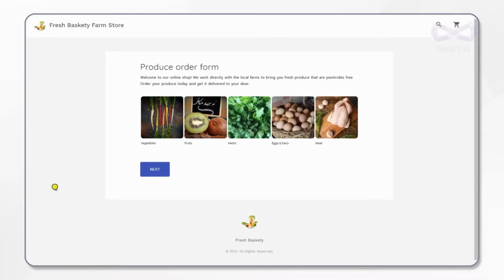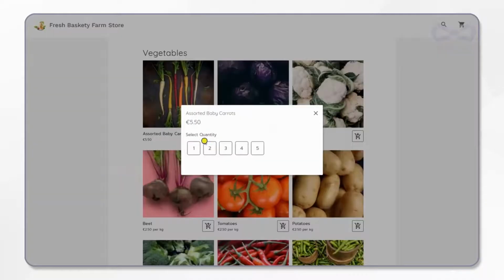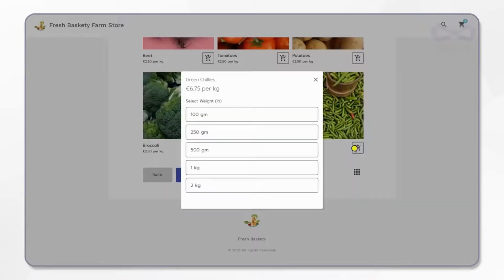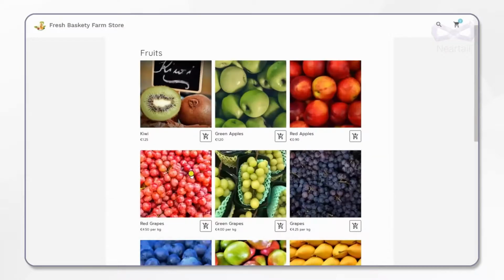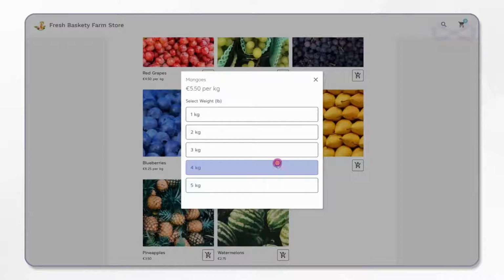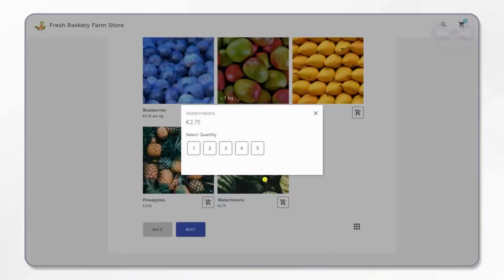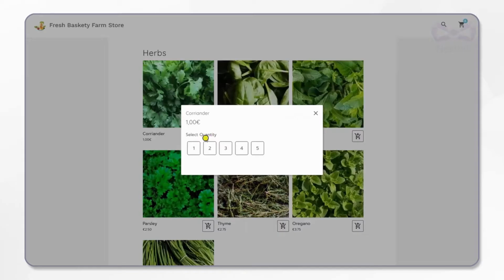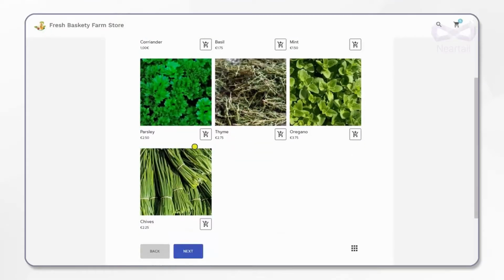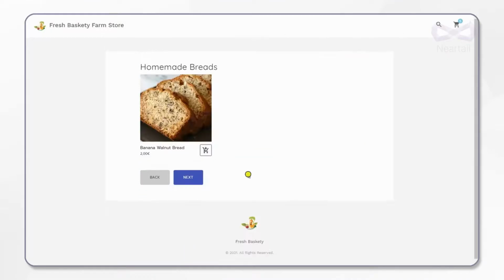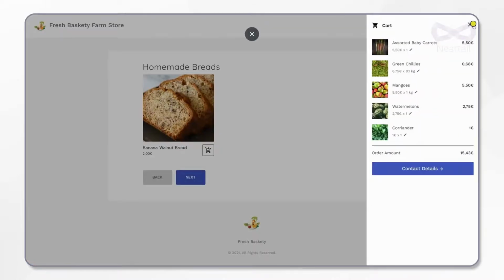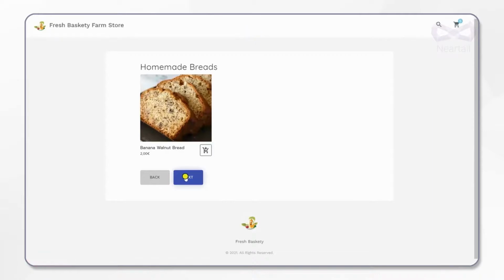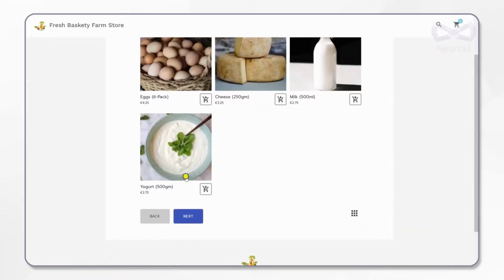And now, I'm going to fill this online produce order form just like your customers do. I choose to order a few vegetables, say carrots and green chilies. I click on Next and I have all the fruits that are available at your store today. I choose some mangoes and a watermelon. I click on Next and I move on to choosing some herbs. And I slowly move through each category, one after the other, choosing the products that I want. While I'm doing this, I'm filling my cart here. And I move on and on. By doing so, I don't miss out on any of the products that I might need for my home this week.